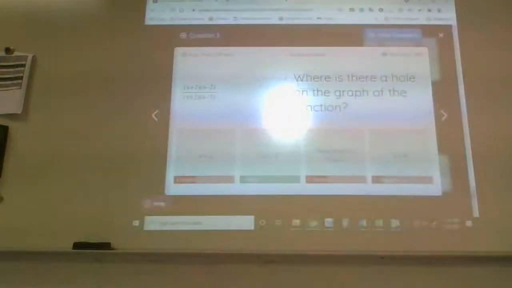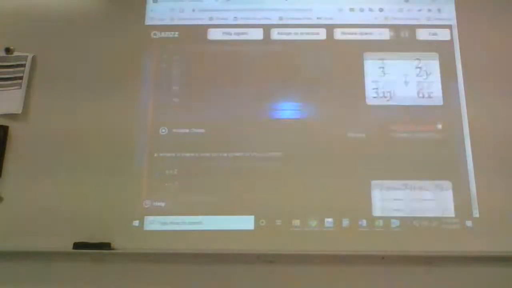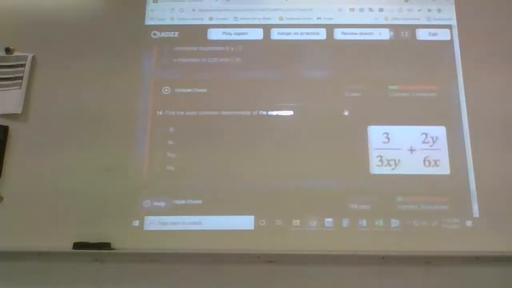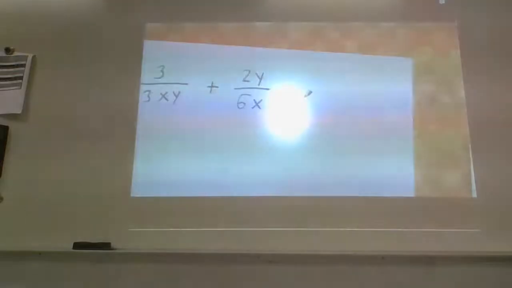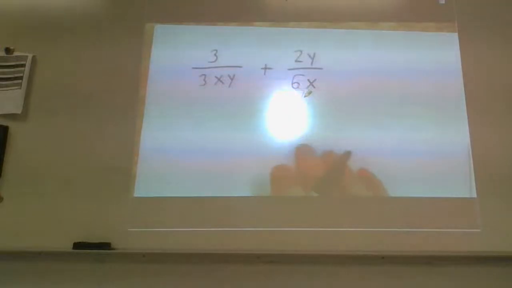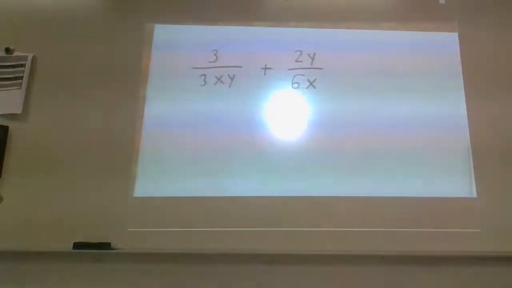So I just want to make sure that we solve that. Let's see what the next one is. Oh, that was the quote-unquote toughest question of this whole thing. Oh, here we go. Find the least common denominator of the expression. Not only are we going to find the least common denominator, but we are going to simplify this by combining those 2 fractions. Looking at this problem, how many people got this right? 2 got it right, 9 got it wrong, average time spent about a minute.